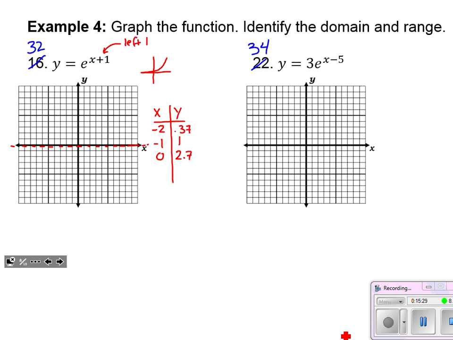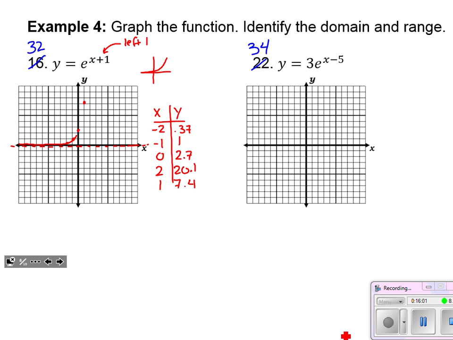And at 2, I've got 20.1. So that one's off the graph for sure, but we kind of expect that. It's exponential growth, people. So -1, 1. At 0, I'm up at 2.7, and up at, did I skip over 1? Yeah, at 1, I'm at 7.4. So 1 at 7.4 fits on the screen, then we're way up off of it.